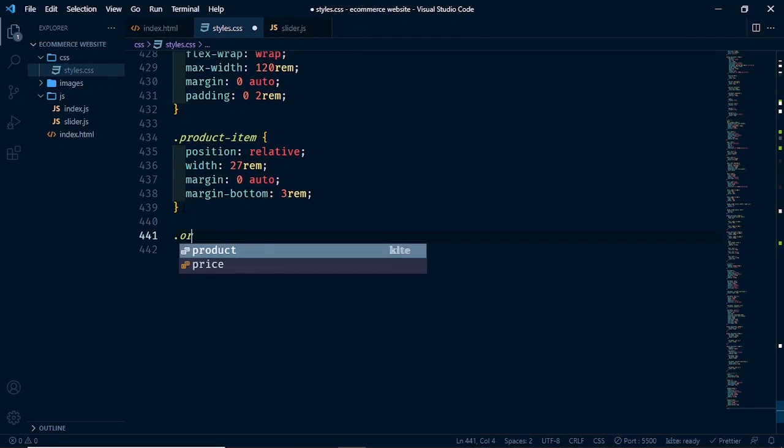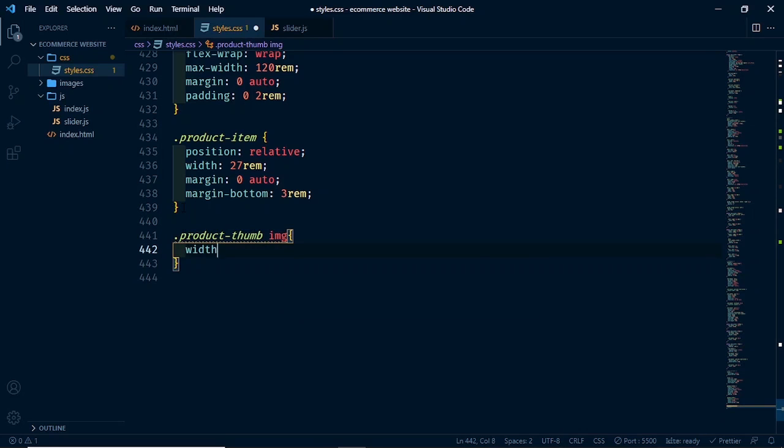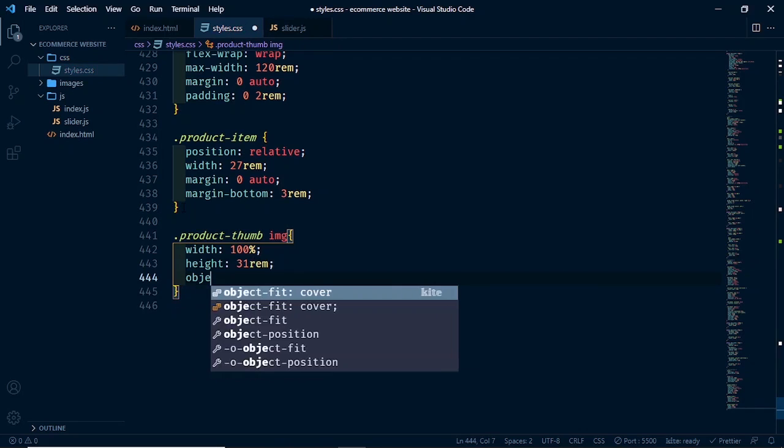Let's set our product. So let's select our product item. We want the image, and let's give it width of 100%, height of 31 rem, object fit of cover,